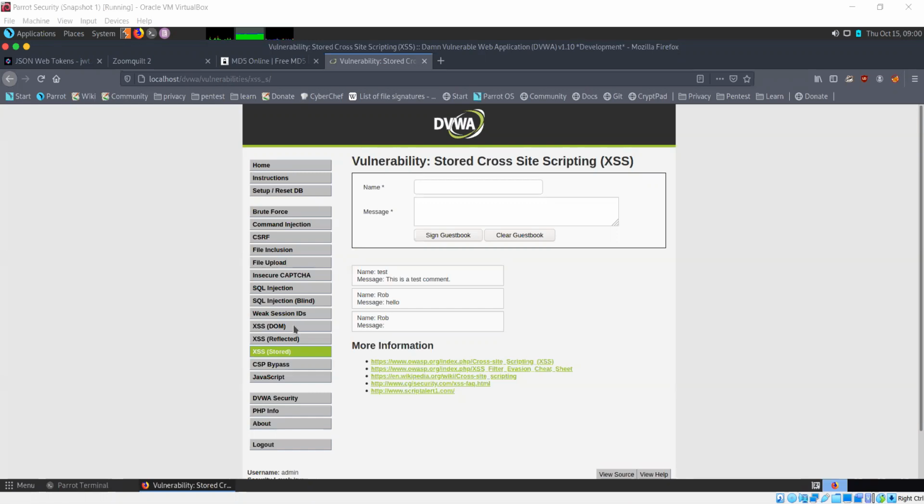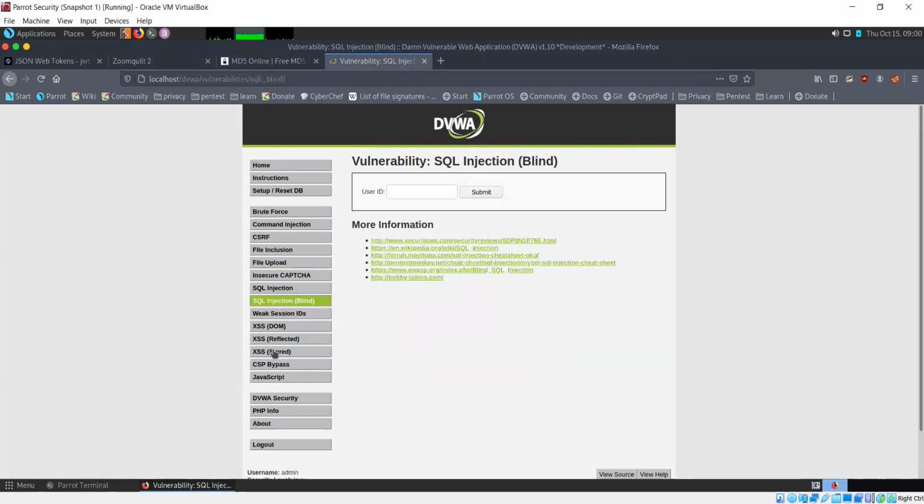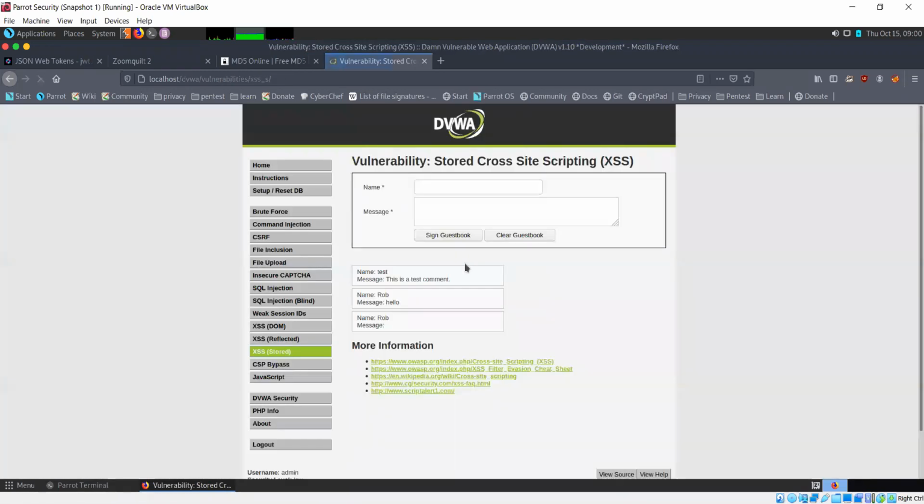Just check that. So this is going to run every time since it is stored in the database. This page is taking information from that database and showing it here. So that's why this stored cross-site scripting is more dangerous, because it persists for a long time. There is another name for this kind of cross-site scripting, known as persistent cross-site scripting. Reflected is known as non-persistent. Stored is also known as persistent cross-site scripting. So those are different names for these same kinds of attacks.